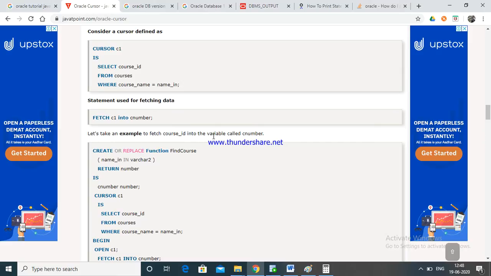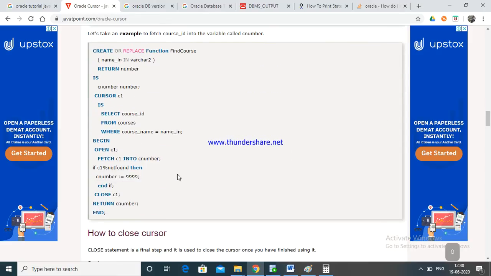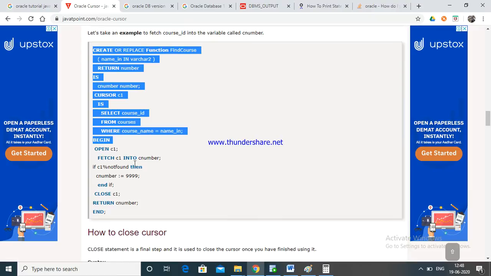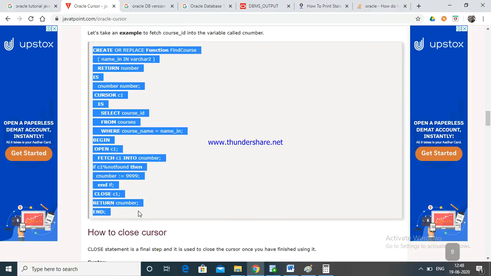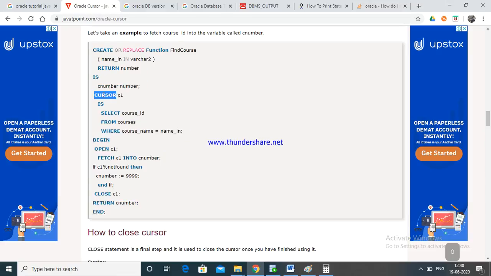Fetch cursor ID into variable number call. Now we are going to call the variable number. Fetch variable number. In the same way, here cursor C1 open and close.